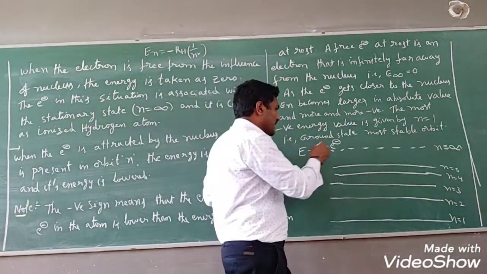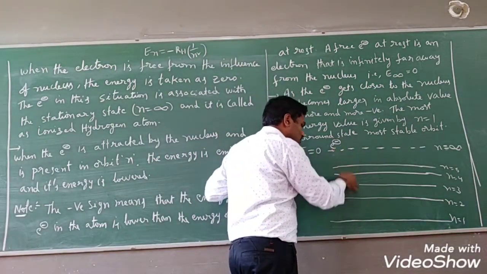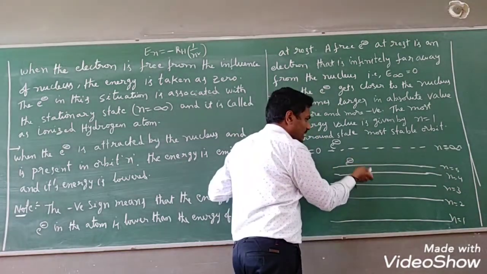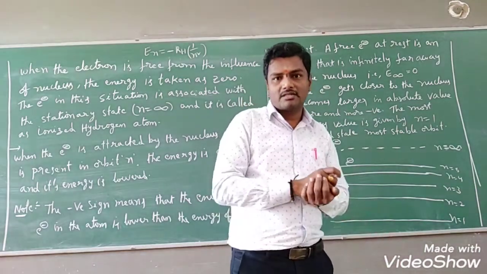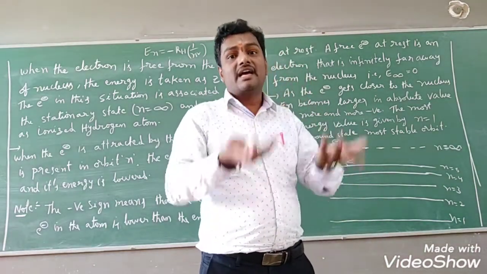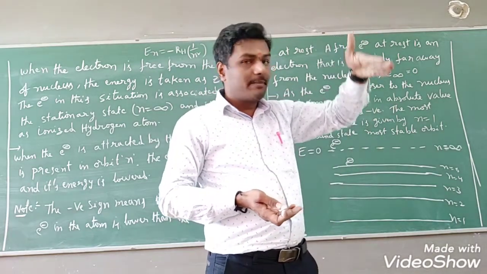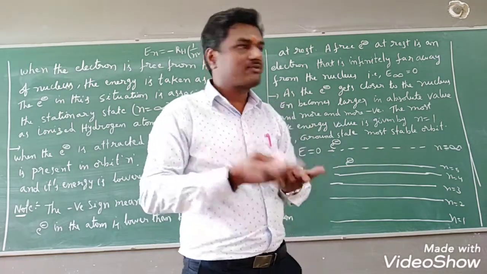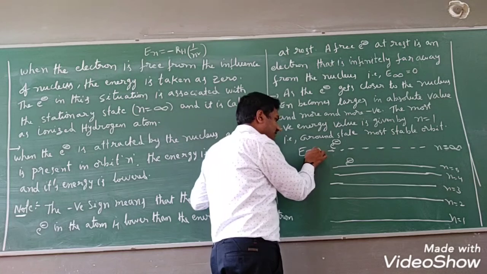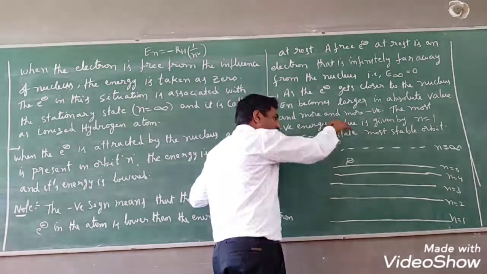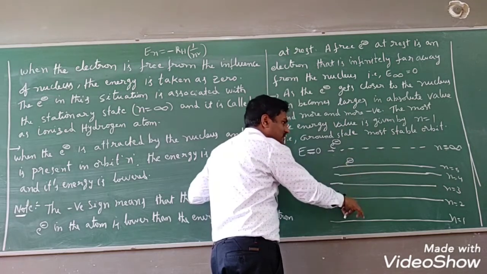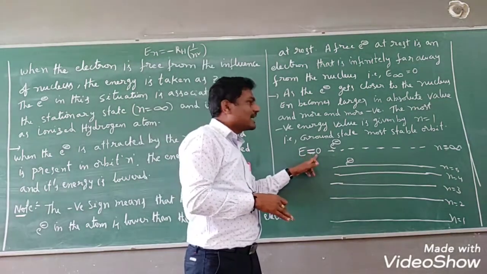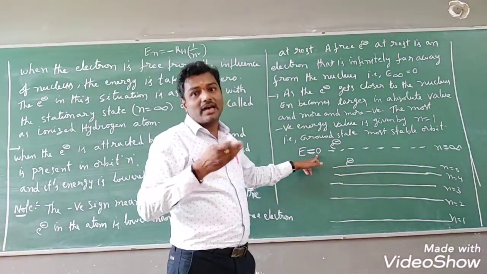Now coming to the point, if the electron is falling closer to the nucleus, that means if the electron is present in any orbit, n equals 5 or 4 or 3, then energy is emitted. If the electron is falling from a higher energy orbit to a lower level, the energy is emitted and the energy gets lowered. Since the energy at infinity is 0, coming from a higher energy state to a lower energy state, the energy should be emitted, so we get less than this value. That is, we get a negative value, students.